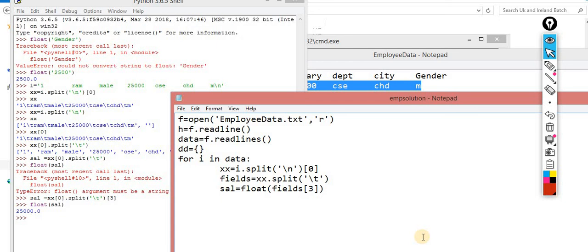Yes sir, one little question for you. The way you're considering the 0 index for the first line, it's always going to be the case that the first line is the 0 index. Yes. If you are doing this, then you always have to pick the 0 index, because here the \n is coming and I am splitting the data according to the \n. When I split, the data came in the form of a list with the help of the split method, and I am picking that index from that list.